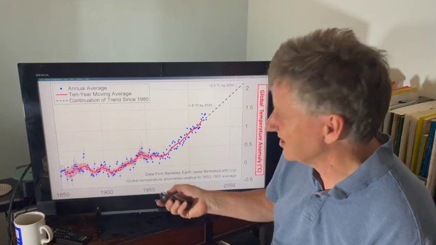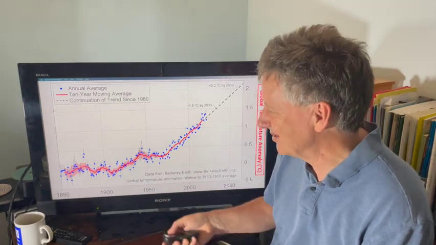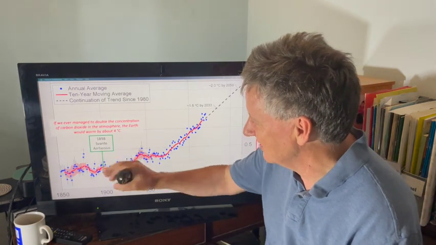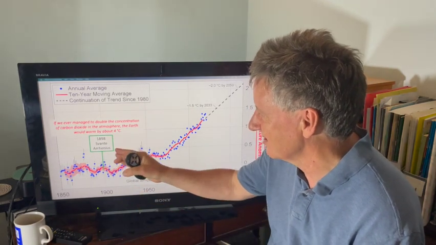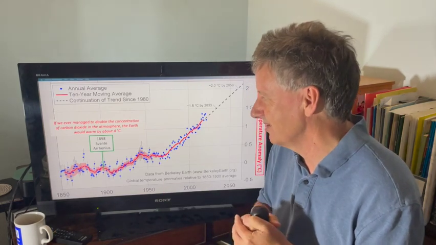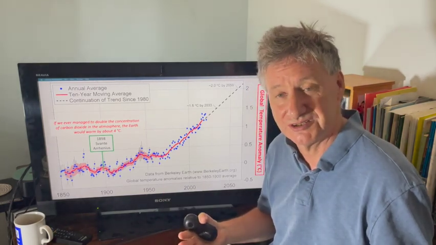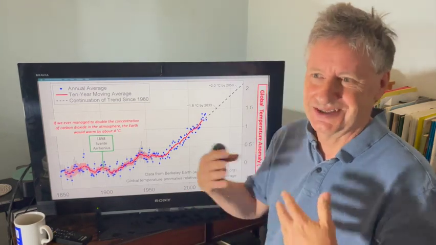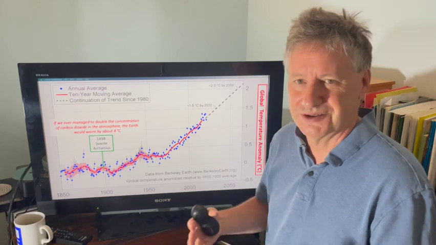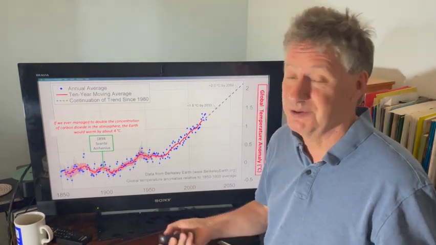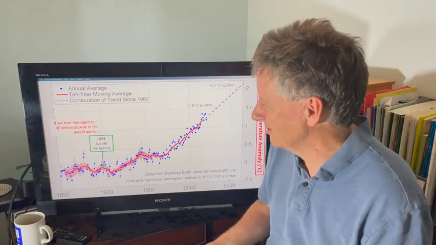And let's just take a look at what some famous people said about global warming through history. So here in 1898, Svante Arrhenius said, if we ever managed to double the concentration of carbon dioxide in the atmosphere, the Earth would warm by about 4 degrees Celsius. But we weren't emitting very much back then, and it seemed fanciful that we could ever emit enough to warm the Earth. But people didn't worry about it because they thought it would be a good thing. Being a little bit warmer is generally a bit nicer.